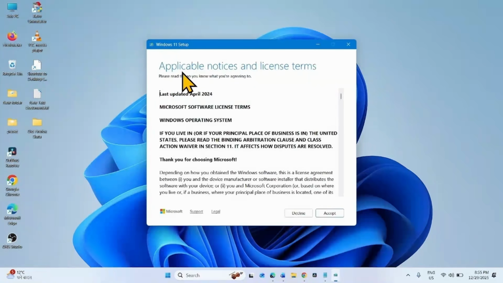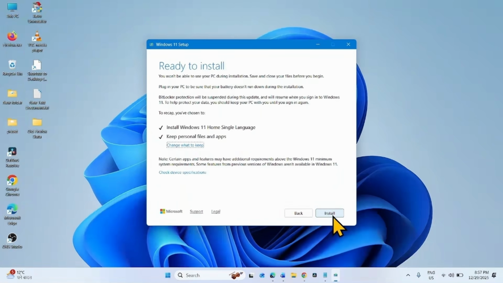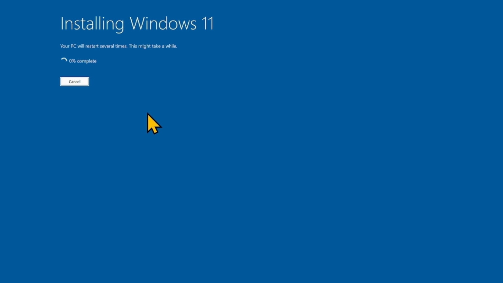On the Windows applicable notices and license terms, click on Accept. On this window, click on Install. Your computer will restart a few times and Windows 11 will be installed, including the security update